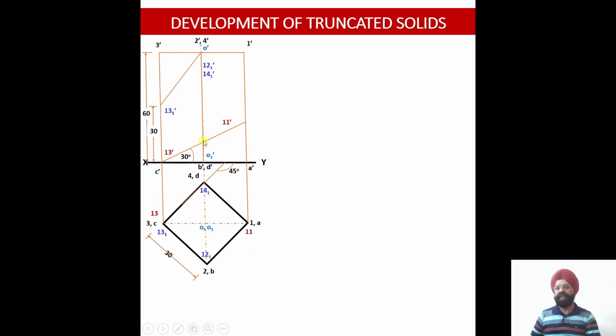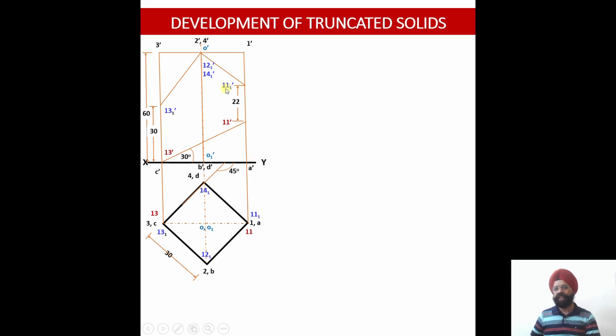Next you see this cutting plane, the lower one, is going to intersect 1 dash A dash at a point whose name will be 11 dash, because 1 dash A dash will be cut by this cutting plane at the point 11 dash. So from the top view, point 11 will be appearing on 1 and A. Now you see I have drawn this 22 millimeter distance, and then I am going to mark this point 11 1 dash, which is the point of intersection of the first cutting plane in its second orientation with 1 dash A dash.